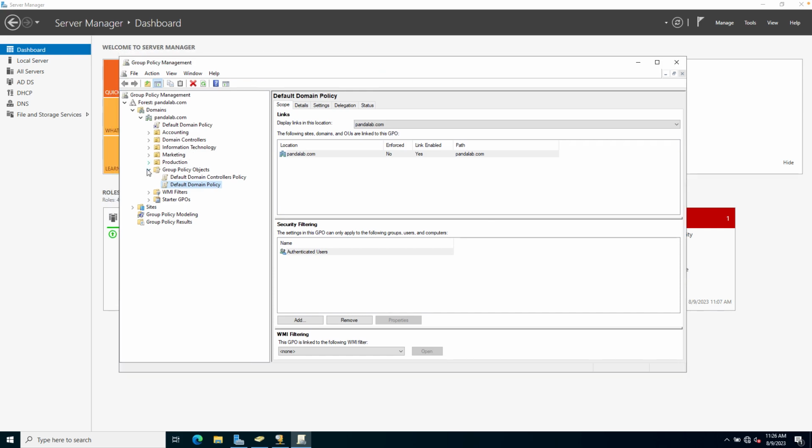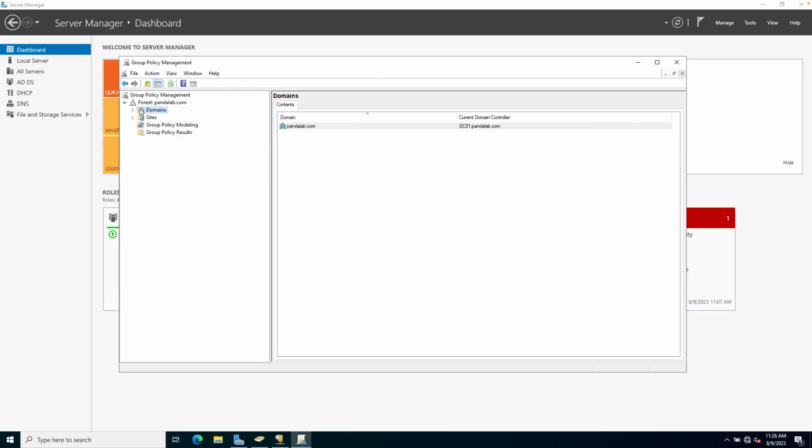So here, you should get a window like this and you can see the forest for pandalab.com, and then you have all the domain information, which is pandalab.com, and then you can see all the different OUs here. Now if you go to Group Policy Objects here,